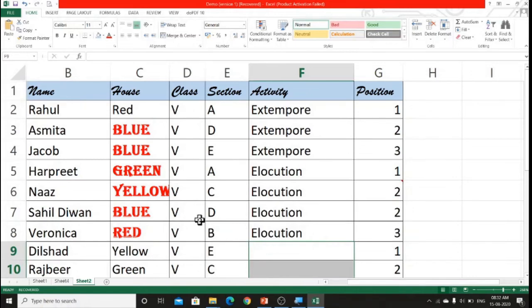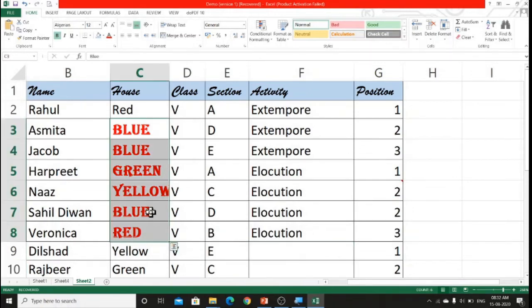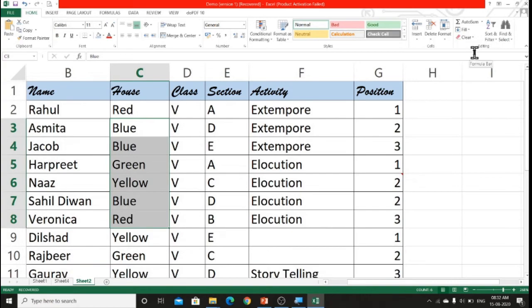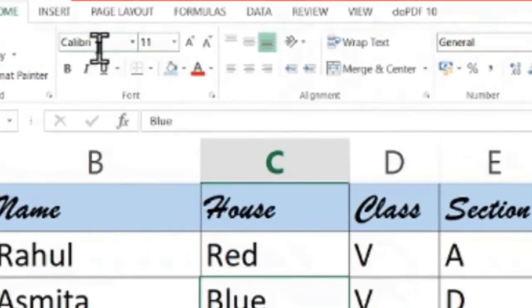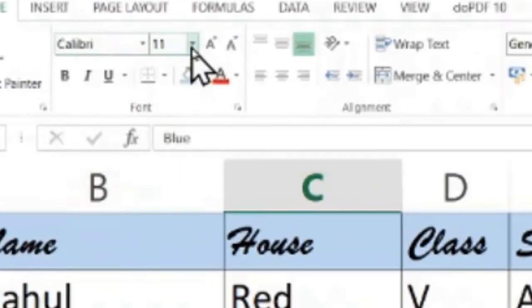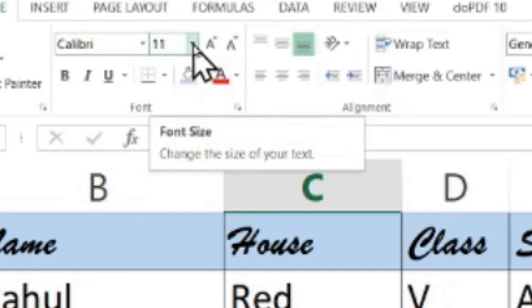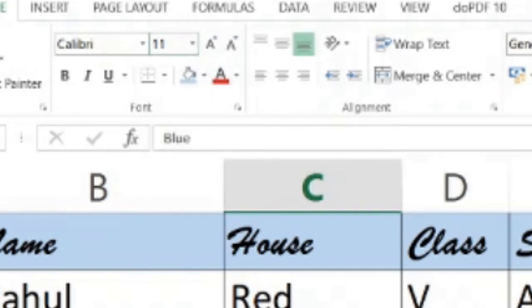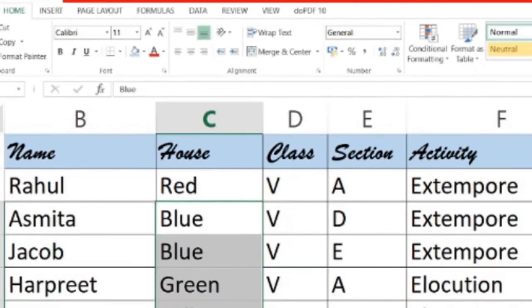Now suppose if I want to remove the formats, here contents are correct over here, only the formats are wrong. I need the format same as these formats. So I'll select these cells. Okay, I don't want any formats over there. So I'll select these cells, go to clear and click on clear formats. So my formats will be cleared and the default formats will appear over here. So now you can see the font is Calibri and this size is 11. I had made it 12 earlier. Size is 11 and the color also is black. That is automatic color. Okay, children.